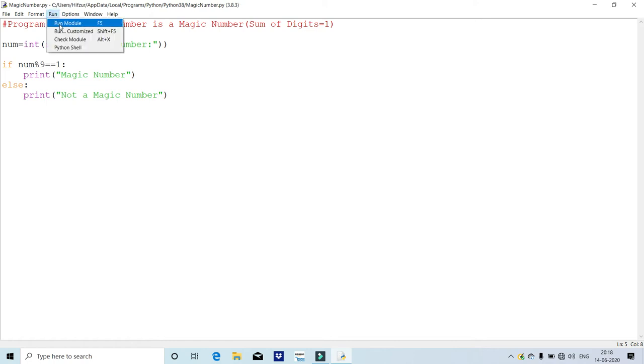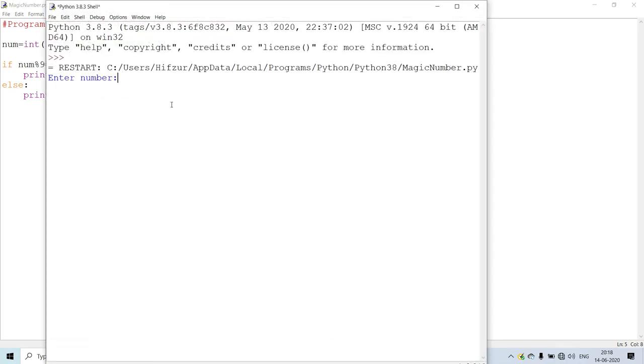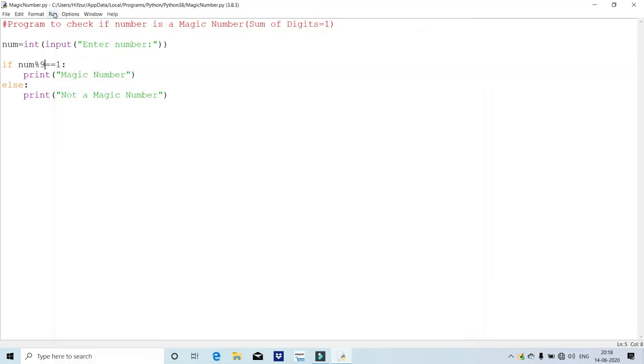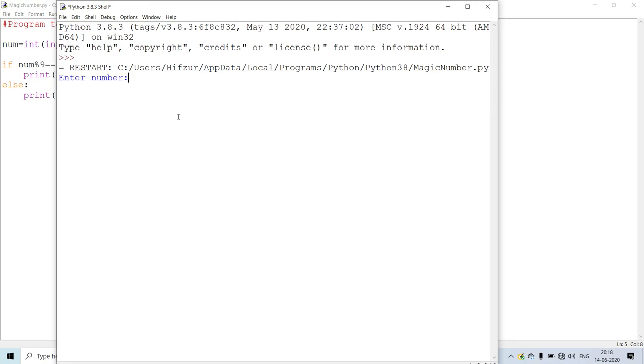Let us check. If it was 10, then it is a magic number. Let us check for 10 times 10. It doesn't make any difference. So let us say 3, 4, 5, 6, 7, 8, 9, 10. That is a magic number.